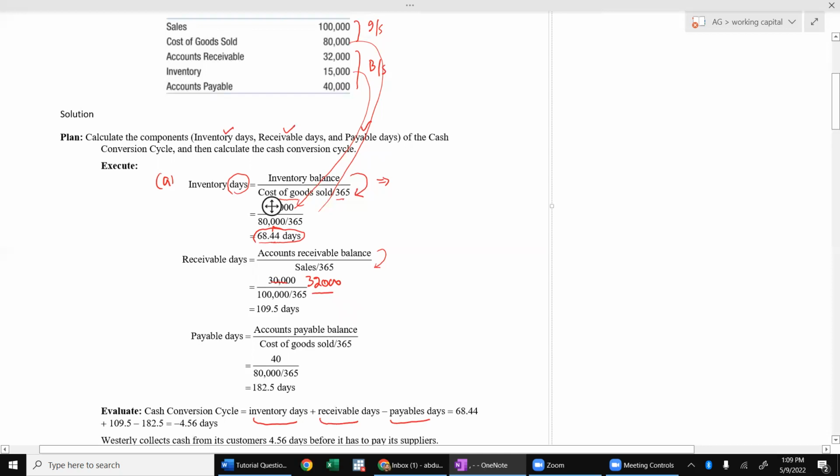Please correct this information. This is 32,000. So we should write 32,000 divided by sales out of 365,